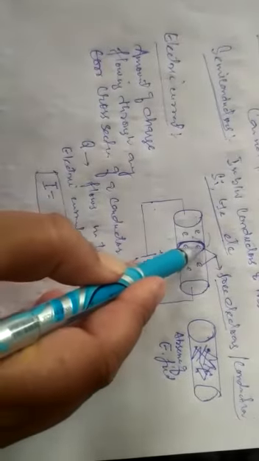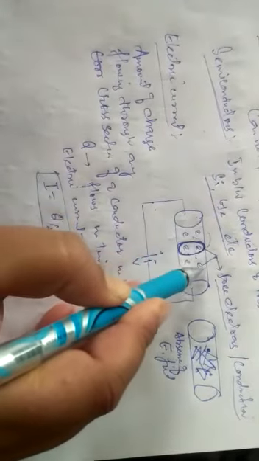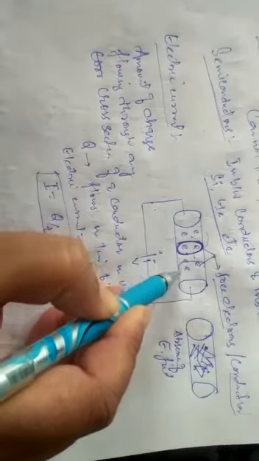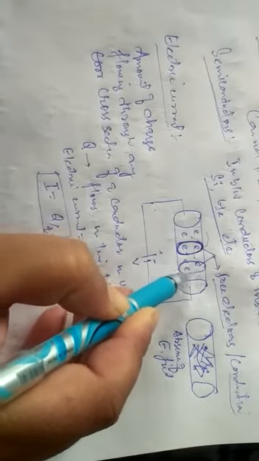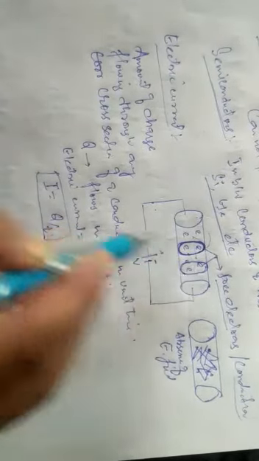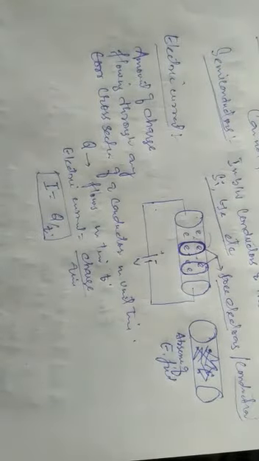Now once we have understood the concept of current, simply, current is the flow of charge through any cross section of a conductor in unit time. How much charge is going to flow in the conductor through any cross section? If you check at any cross section and 15 electrons are crossing this cross section, then if you take the same cross section here, definitely the same 15 electrons are going to cross here because the current will be the same. So this is how we define the electric current.